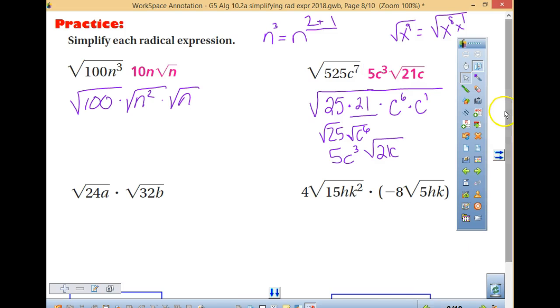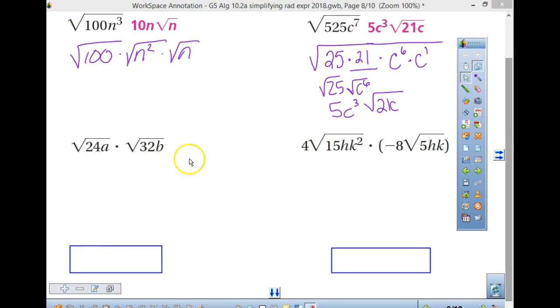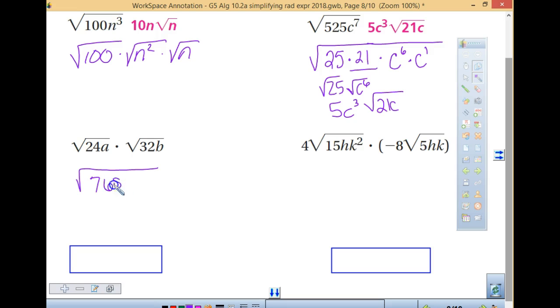All right, so let's go to those last two. 24 times 32. Let's multiply. I mean, you could factor, but 24 times 32, you're going to have your calculator. So we have how much? 24 times 32 is how much? 768. Now I'm looking at 32 up here and I'm looking at 24, and I know 4 goes in here and 4 goes in here. So what should go into this if 4 goes into both of those? 4 times 4 is